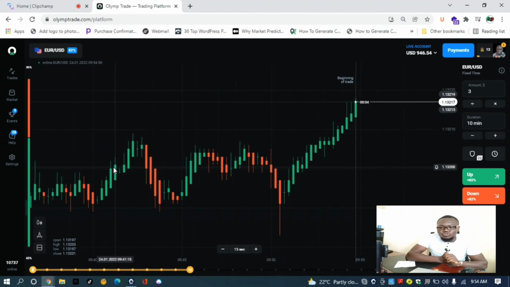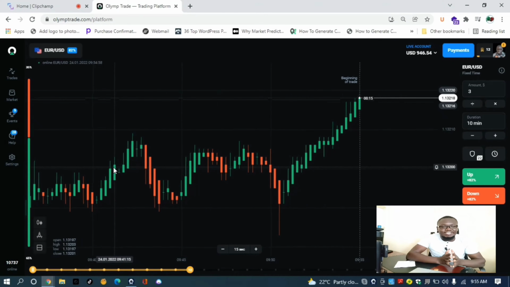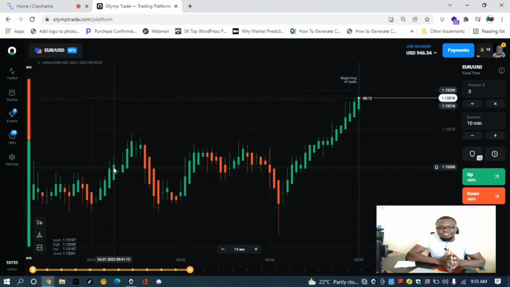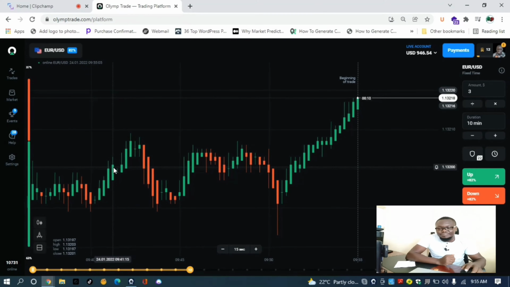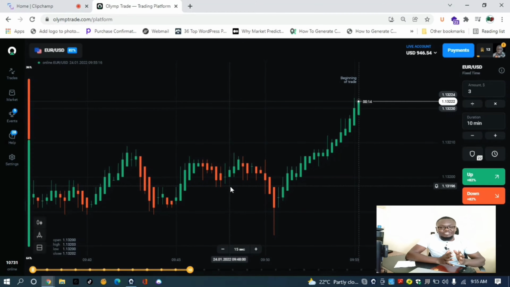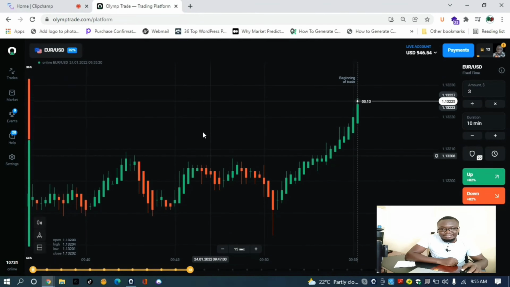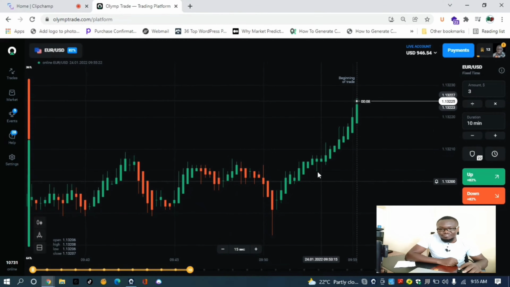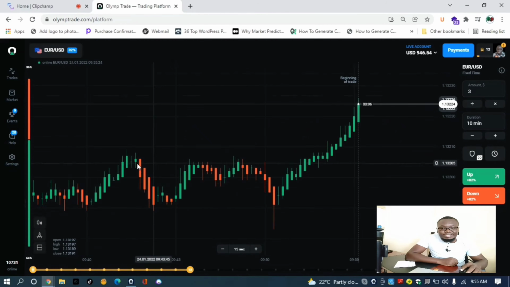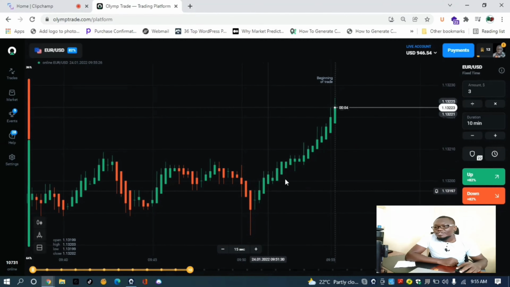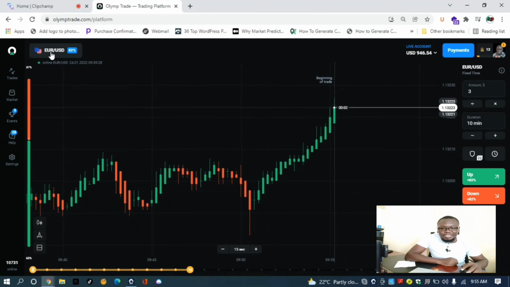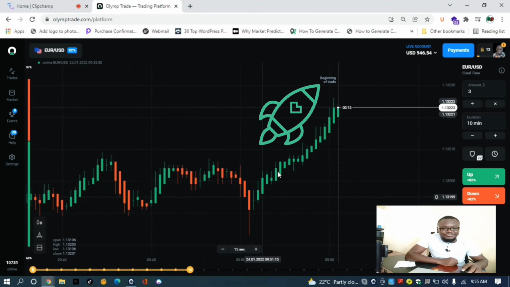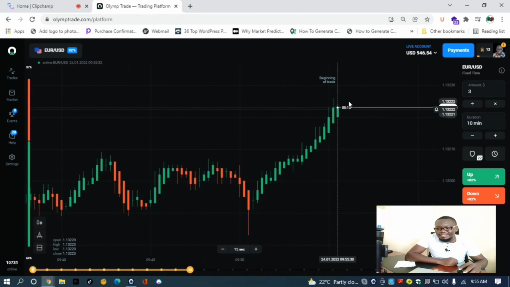For those who don't know, Heikin Ashi is one of the best candlestick charts to use while trading in Olymp Trade, because other than being a candlestick chart, you can also use it as an indicator. For example, at the moment, we've already set it on the chart, and you'll see that we have a lot of greens on the Euro USD pair. These greens mean that the market is trending upwards, and the red ones mean that the market